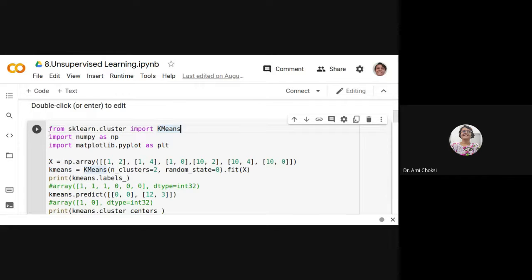For that, we need to use the library that is sklearn.cluster. So let us have that: from sklearn.cluster import KMeans. K-means clustering algorithm we want to implement. So that's what we are having here. For k-means cluster, we are specifying the number of clusters, isn't it?